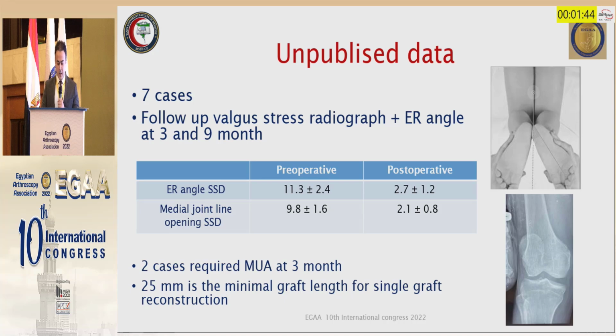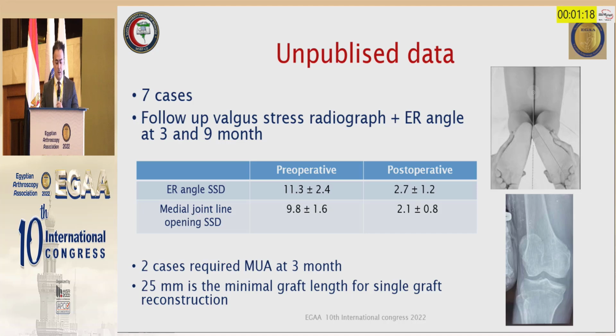Until now, this is unpublished data. Until now, we did 7 cases. We followed up these cases using a valgus stress radiograph and an external rotation angle measurement at 3 and 9 months. We are experiencing excellent control of the external rotation, significant reduction in the medial joint line opening. Only 2 cases required manipulation under anesthesia at 3 months. The only drawback of this technique is that we need a fairly long graft, about 25 millimeters, to reconstruct both components